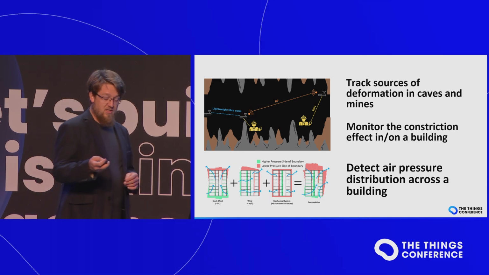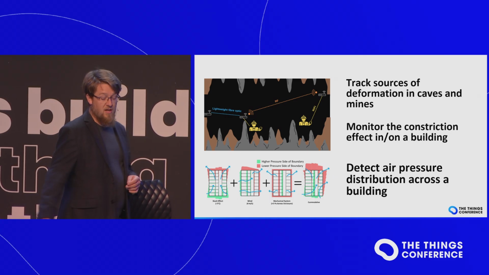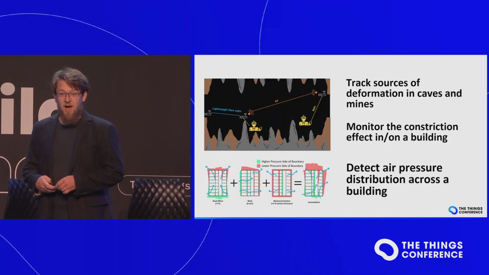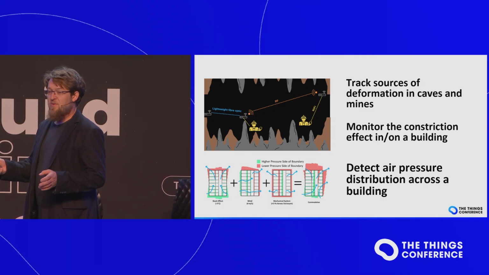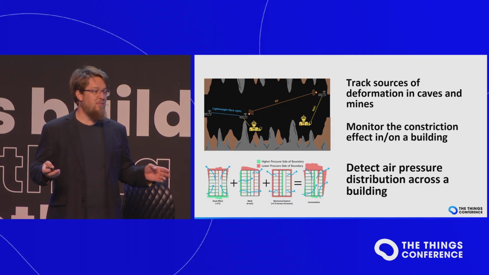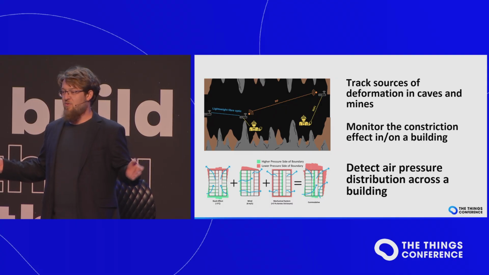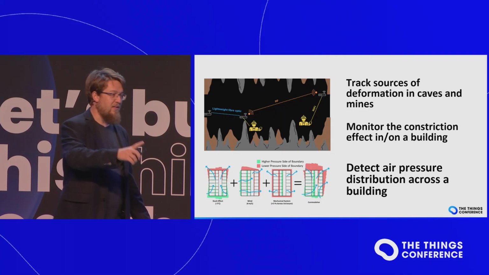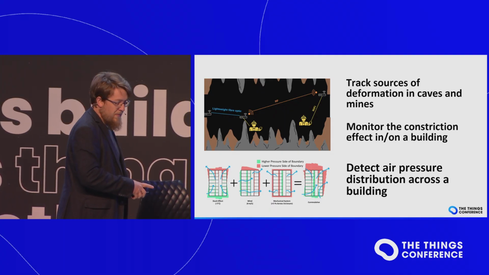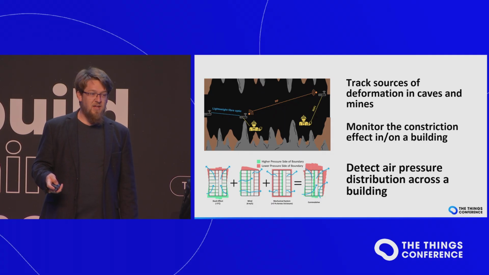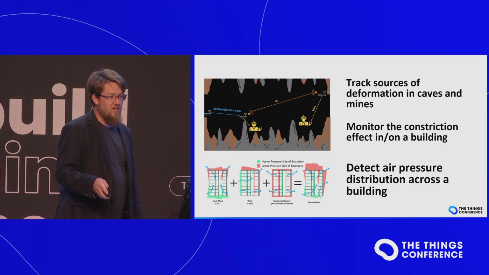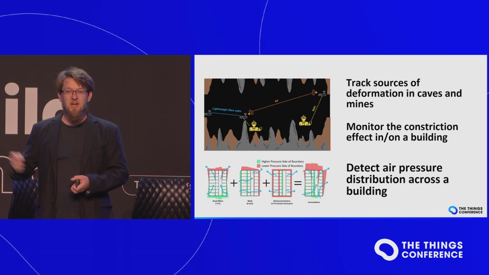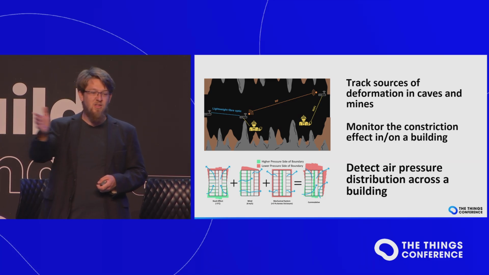Another interesting one, what we show in the image below, is the pressure distribution within a building. So a very typical LoRaWAN use case is having temperature, pressure, humidity, microclimate sensors in a room. So every 5 minutes you get these values. But using the same hardware, you can do a precise time sync and then measure the pressure based on the time sync. So when someone opens the window, you will see how the air pressure change propagates through the building